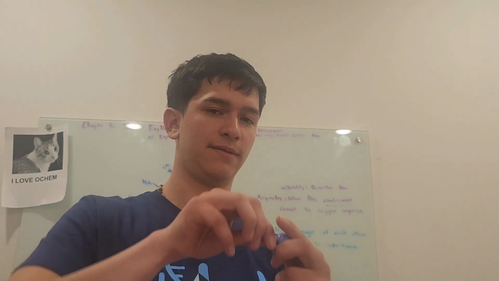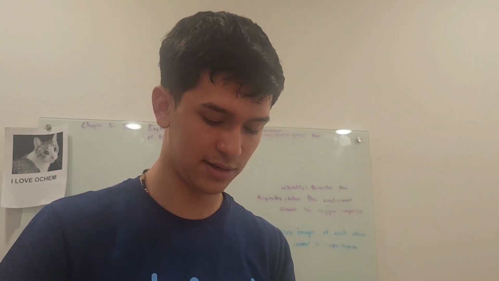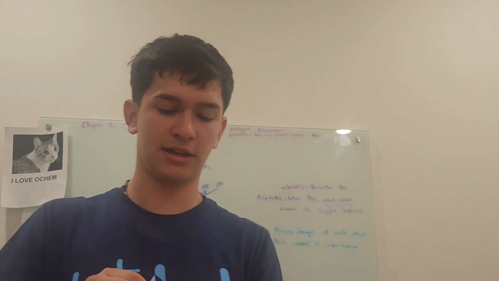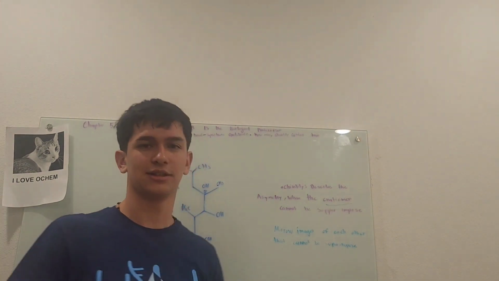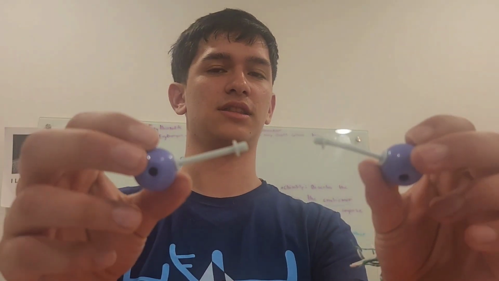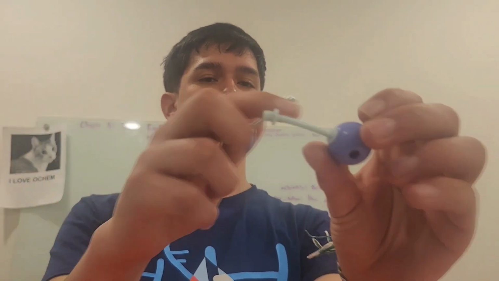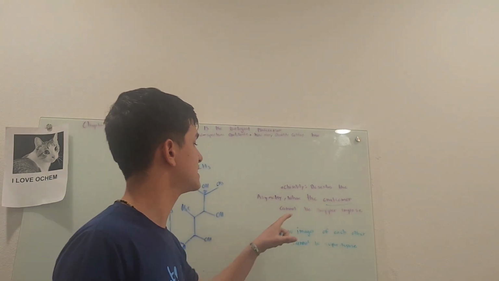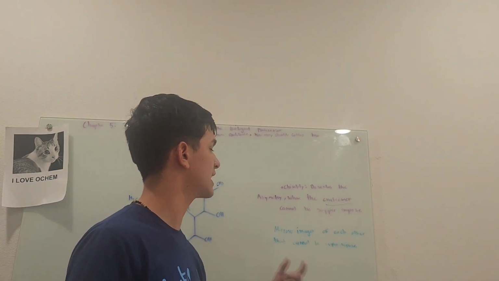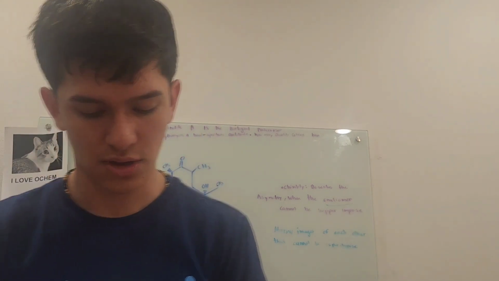Let me do something really quick. So I have these, and I have this, right? When you look at yourself in the mirror, it's gonna reflect the stuff that's in front. So this will be a mirror image of this, right? That's a mirror image. So enantiomers are mirror images of each other. They cannot be superimposed. Meaning,